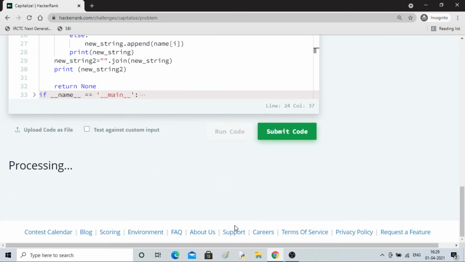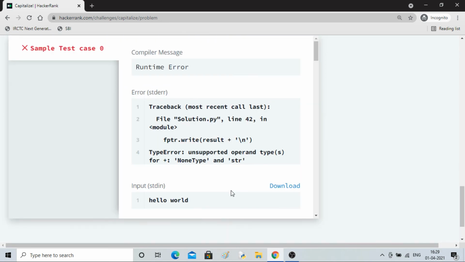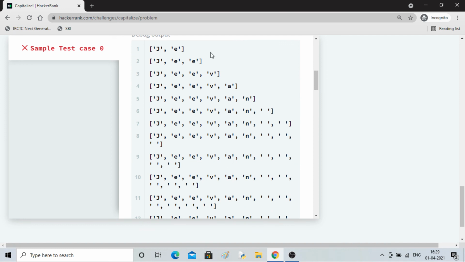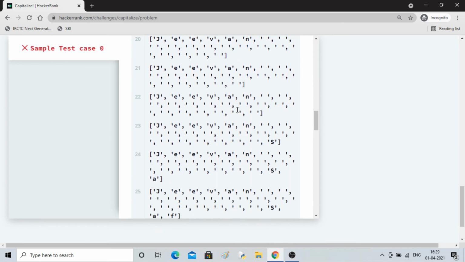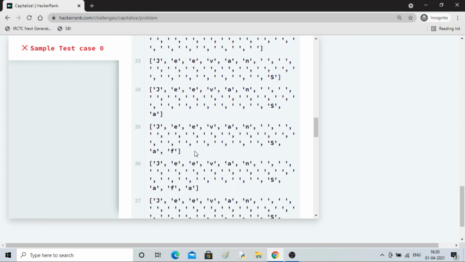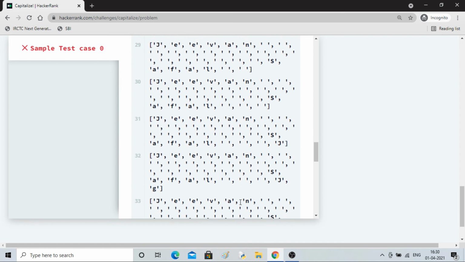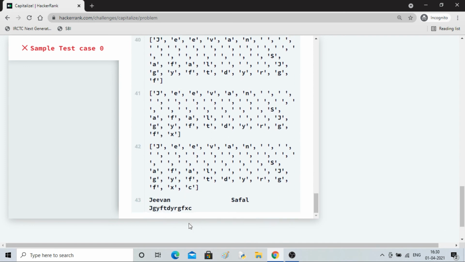Let's see. So G1 suffer capital S, so only one time it is coming. Okay, right, let's see the last string. So G1 suffer, and yeah, now it is working correctly.